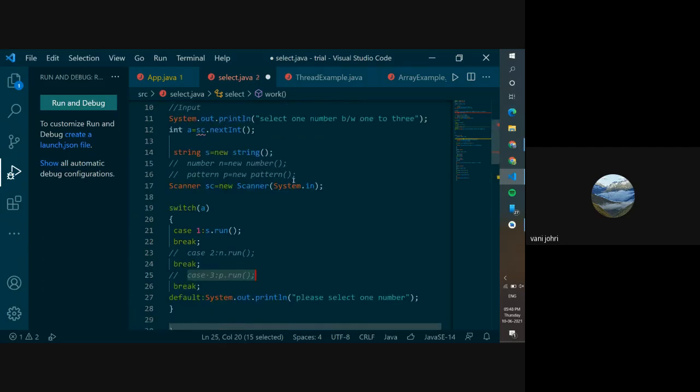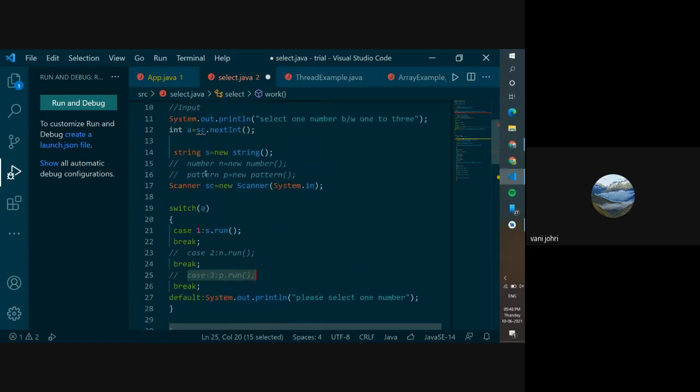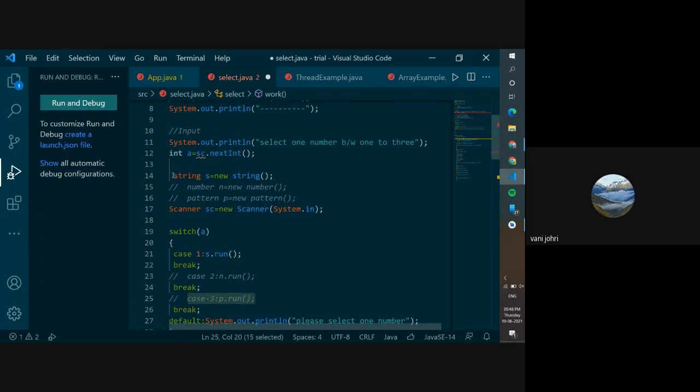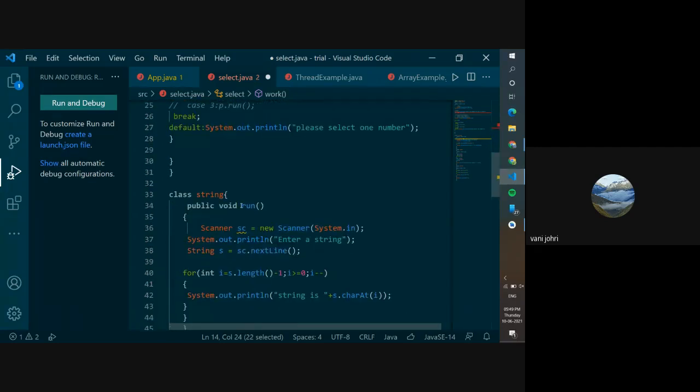So what we're going to do is just run this part and check whether our string is reversing or not. Now to call this string class, we will make an object by the class name, which was string, and then you give it a name. Your object can have whatever name you want. It could be obj, it could be s, it could be apple, mango, whatever. Then you put equals to new and give this class name again and put these brackets. Now this is an object, and using that object we will call the method which is inside this class.